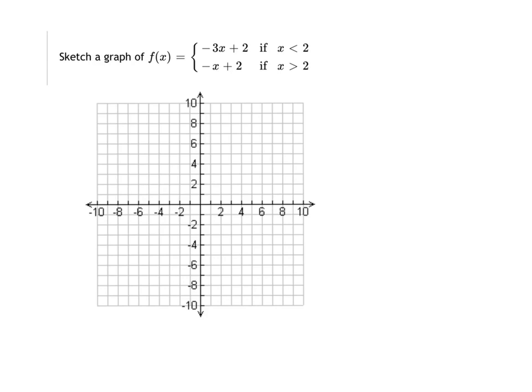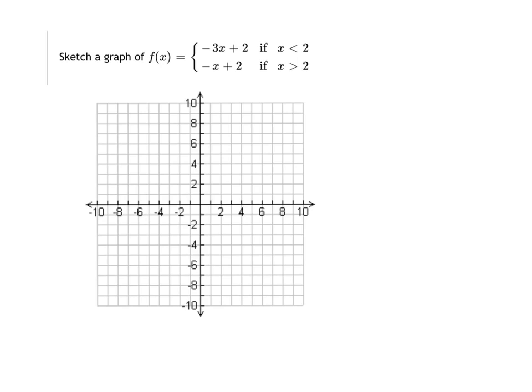Let's look at how to graph this piecewise function. So we have two pieces in this piecewise function. Both of them are linear. So to help us just visualize what's happening, since the rules switch from rule 1 to rule 2 for x